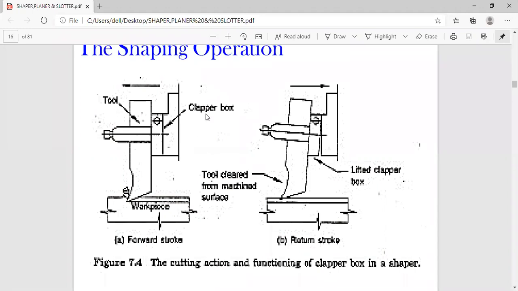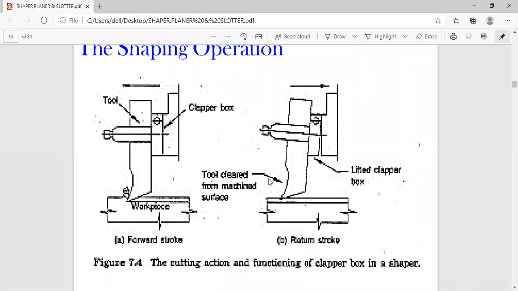This is the tool, this is the clapper block, this is the workpiece, and you show how the tool moves in the forward stroke when the ram is reciprocating in the forward direction, and how you lift the clapper box in the return stroke, because if you don't lift it, the tool will be rubbing against the workpiece.